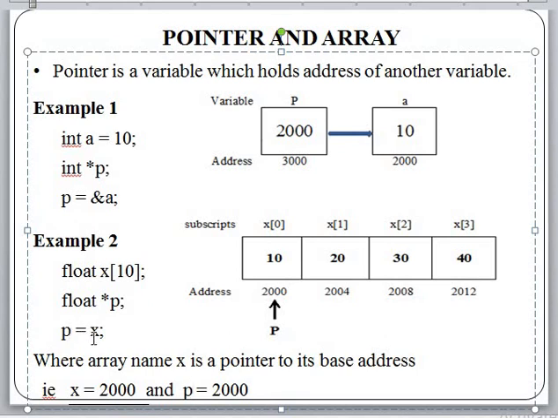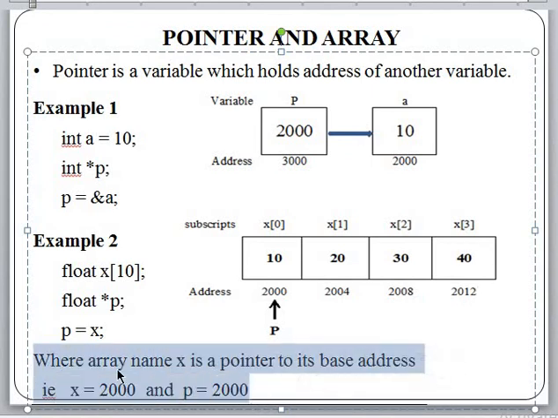So x is the base address of the array, and that is assigned to a pointer p. Then by incrementing this pointer, we can access the second element, third element and fourth element. All together, in the above example the name of the array is x, and x is a pointer to its base address. This base address is pointed to in our case by the pointer p.